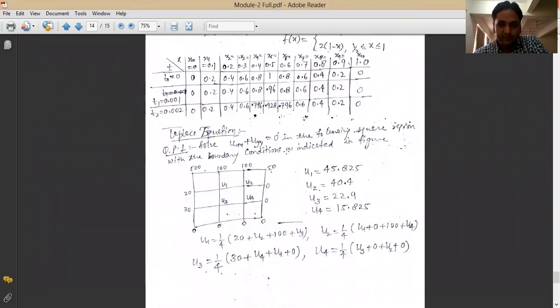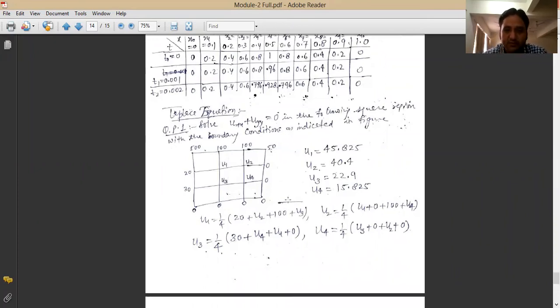The Laplace equation, one more, is given here in the following square region. The values are given. It's very simple. It's also way simpler than the previous question, because here only 4 values will come: u1, u2, u3, u4 that you have to calculate. That's it. So use the standard 4-point formula and the diagonal 4-point formula. You will be able to solve it in a simple way.